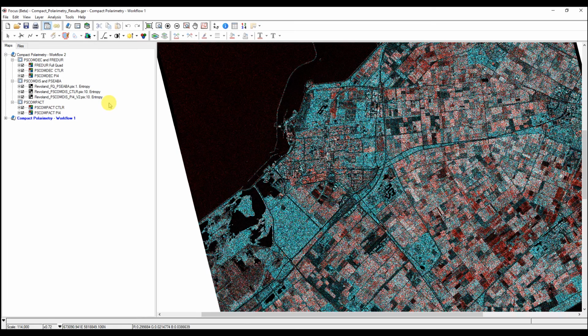So for workflow 2, we're going to start from our simulated compact pole scenes. I'm not going to run a lot of the same processes that we saw in workflow 1. I'm simply going to run 2 PPFs to extract our decomposition parameters, PS ComDis and PS ComDec. The first PPF I'm going to use is PS ComDis, and that's similar to the Claude-Portier decomposition method that we saw with the SIBA PPF in workflow 1. What that's going to do is produce a lot of different polarimetric discriminators using the 4-element Stokes vector. So if I bring up the PS ComDis PPF,